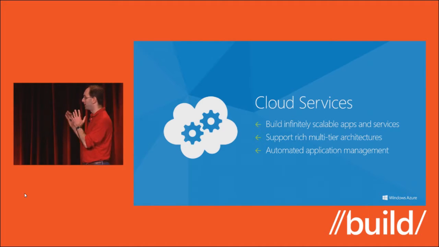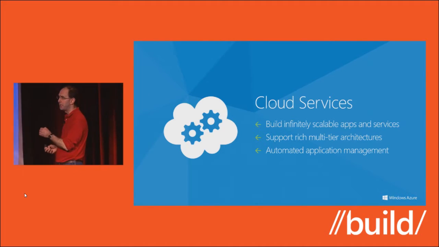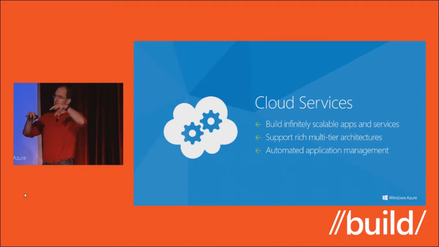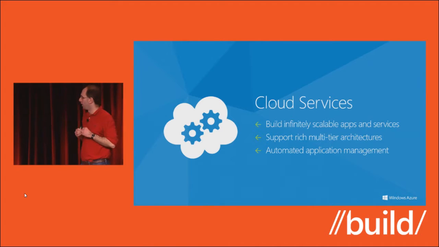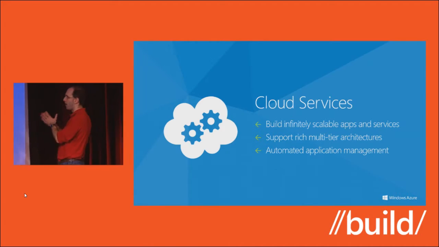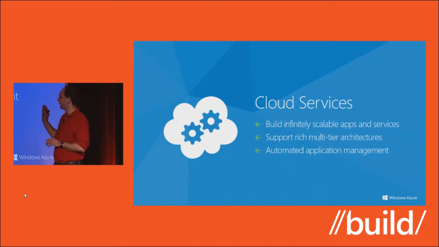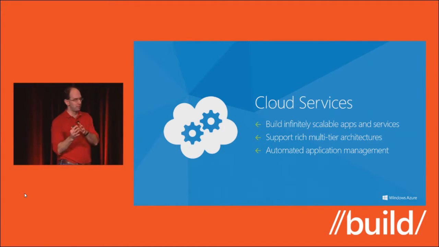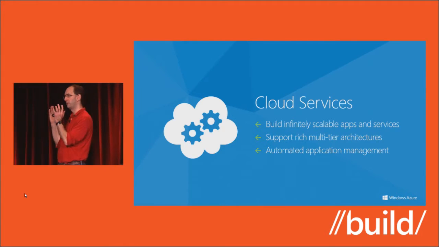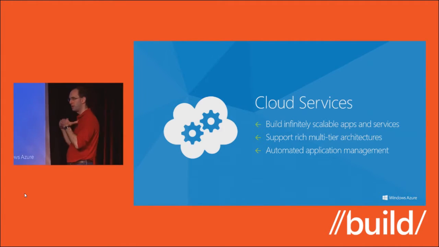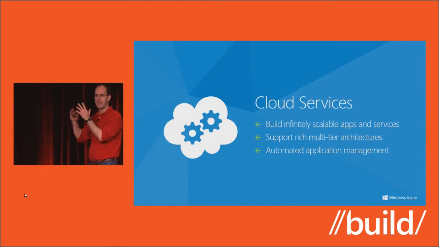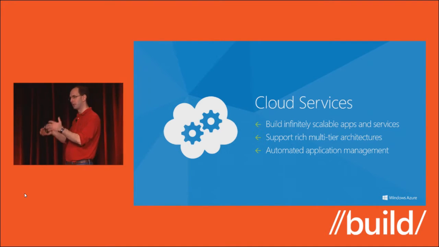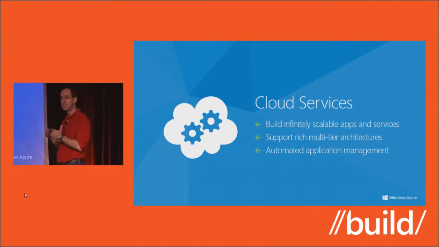And what's nice about it is it allows you to define multiple tiers, like I showed in the keynote. So you can group your application into multiple buckets, like a front end and a back end, or multiple middle tiers. And it also supports the ability for you to completely automate the deployment of the system. This differs from, say, VMs that I showed at the beginning of the talk, where when you create a VM, you can pick a VHD template, or you can install anything you want in it, but you're very much the administrator of that machine, meaning you have to install the stuff and install patches and things like that. With cloud services, we handle a lot of those details for you.